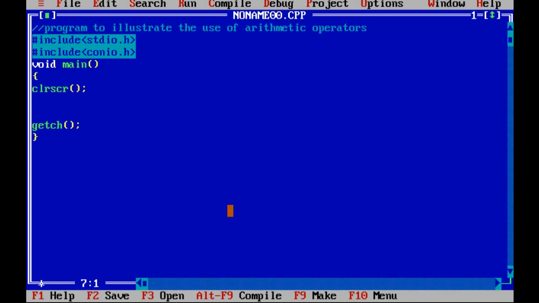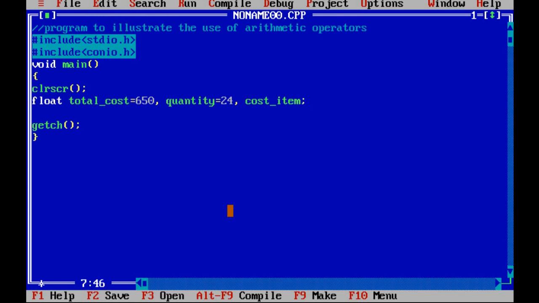Suppose you declare variables of float data type, the example they have taken is total cost equal to 650, comma, quantity equal to 24. Find the cost per item.